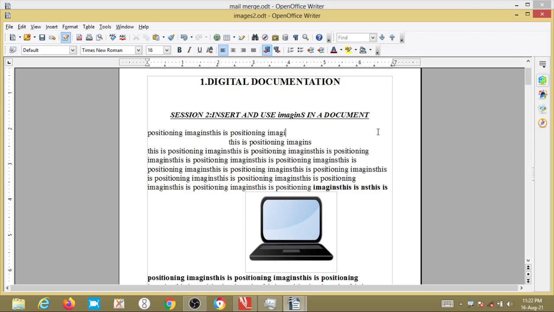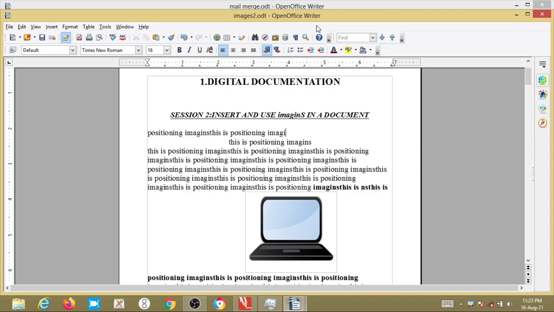For the selected word, to clear the formatting and apply the default formatting, we have to select the text first and click on the format menu. Then we can specify the default formatting option, or we can press Ctrl plus M. Okay, we have to press Ctrl plus M, understood?